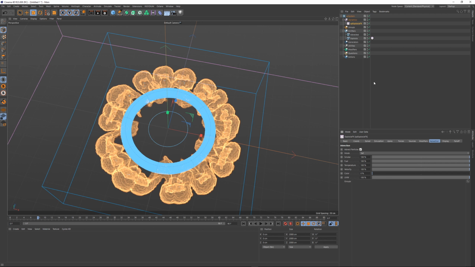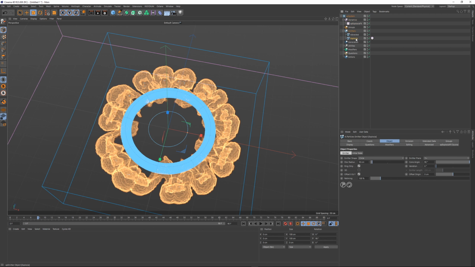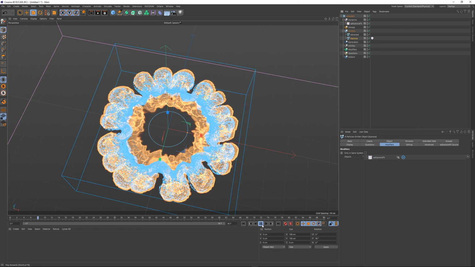But before we hit play, you need to come back to that Explosia emitter, come to modifiers, and drag that in so it cancels itself out. Now what this is going to stop from happening is the very particles that we're sourcing the Explosia and the pyro simulation from, we're stopping them from kind of reading the advection and trying to advect themselves and bugging out, and then nothing works. So I'm just going to hit play now, and you can see